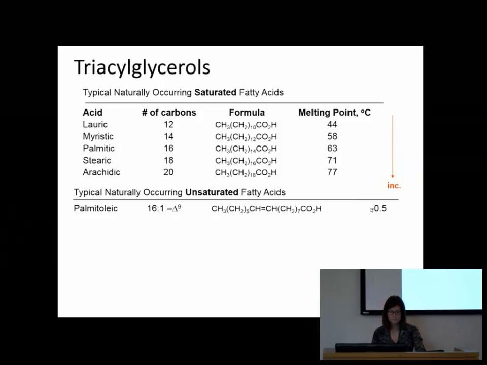So here with the double bond, we indicate in sort of a numbering system. We say the number of carbons, the number of double bonds, and then this delta with the number on it, that's on the carbon number that the double bond is positioned at. So 16 carbons, one double bond. The double bond starts at carbon number 9. Let's count. Here's carbon number 1. The acid is always going to be carbon number 1. Then we have 7 CH2s, right? This is what we mean by the 7 here. So CH2, CH2, all the way 7 of them. So that's 8, and then this is carbon number 9. So that's where you're starting at with your double bond.